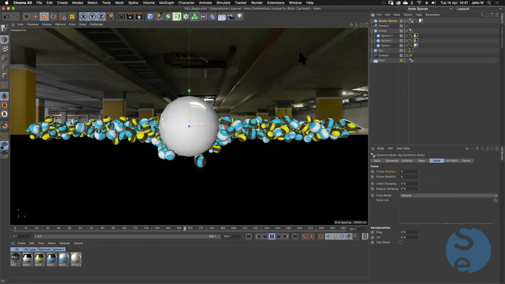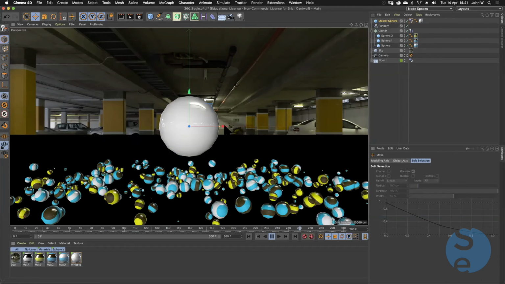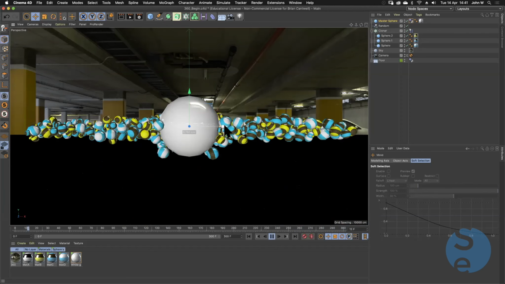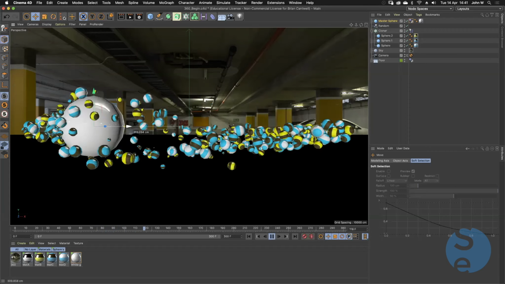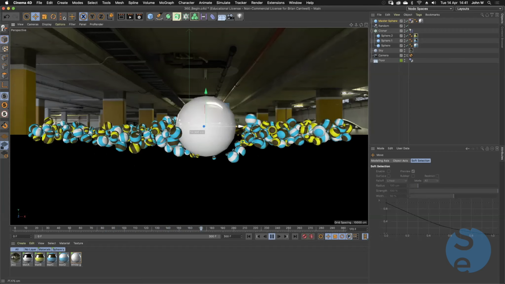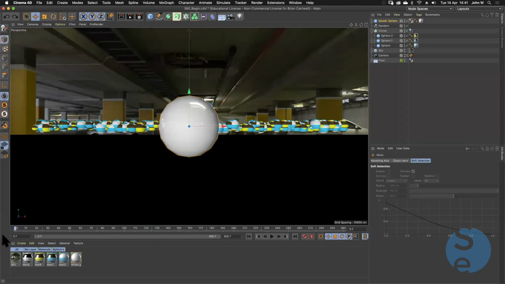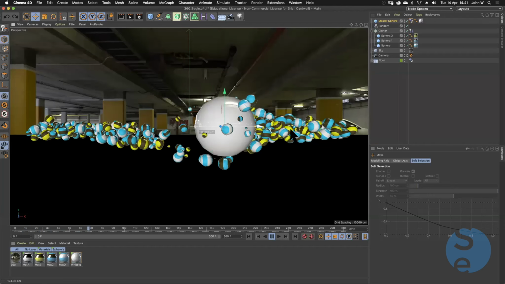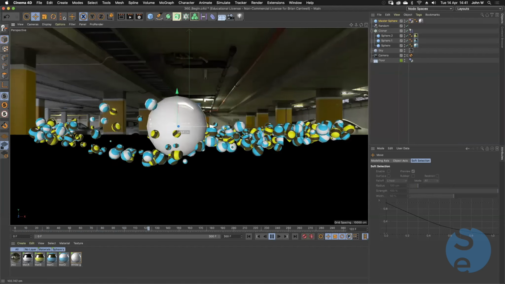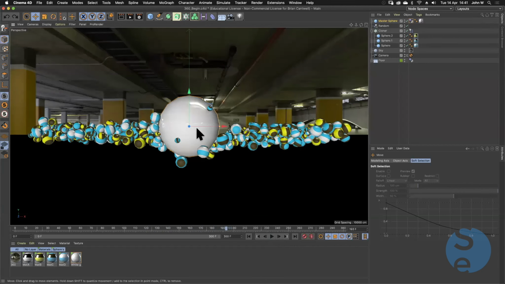So what I'm going to do now is grab my move tool, and I can actually, wait till this starts again, I can actually move this in real time. Now, I don't know how smooth that's going to look on your screen because obviously it depends on how fast your internet connection is, but I can see here really smooth response time to my movement, and it's dynamics happening in real time. And that's because Cinema 4D, when we're in the viewport here, is doing everything on the graphics